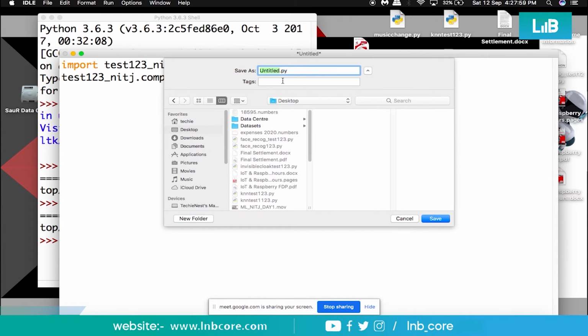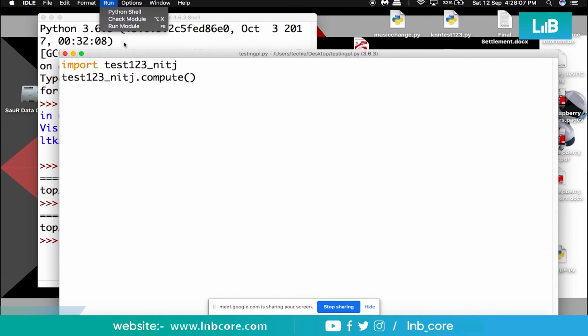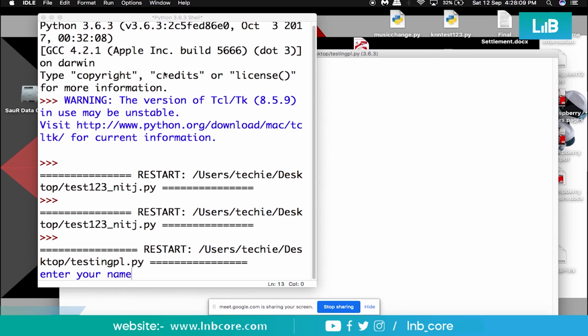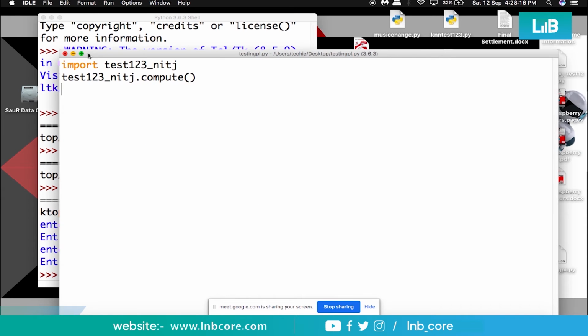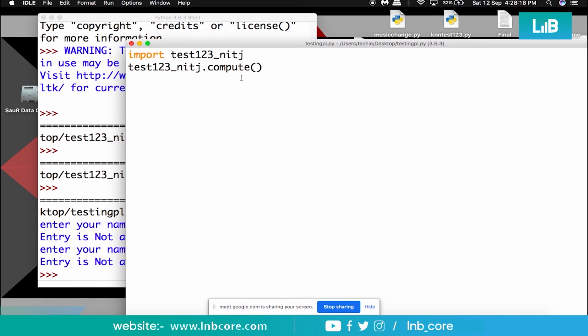Okay, so I'm saving it on desktop, testing predefined library PL, right? Let me run this program. Enter your name, 123 whatsoever. Okay, is that okay, everyone? So this was the example.